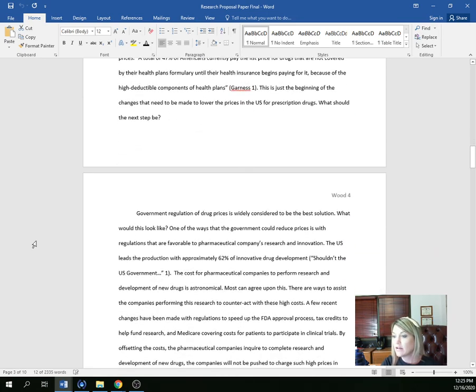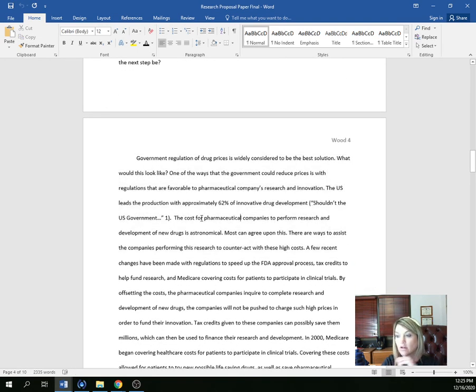So then we come down here, we have our C. Our C in our thesis said government regulations. You'll see that in the topic sentence, government regulations. And then we have our sources. Shouldn't the U.S. government, in quotation marks,